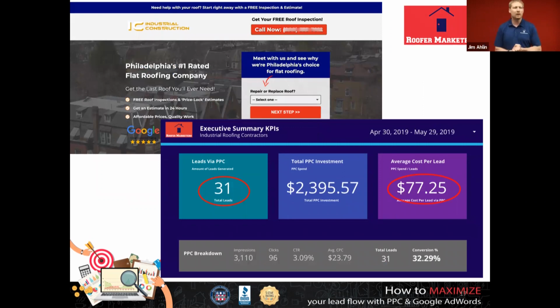Another company that we've been working with for a while is Industrial Construction. They're out in the Philadelphia area. They do a lot of flat roof stuff, a lot of roof repair stuff where Kevin does a lot of roof replacement. So just in April 30th through May 29th, so the last 30 days, we've generated 31 leads through